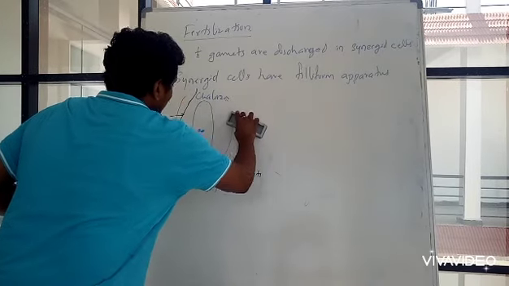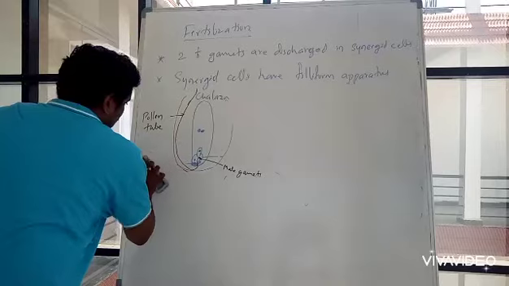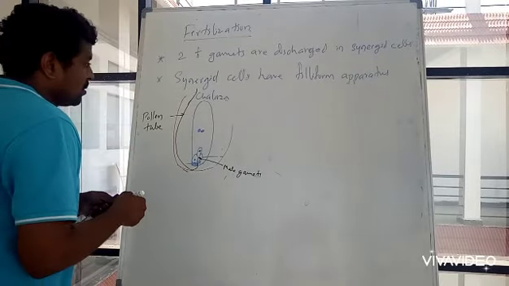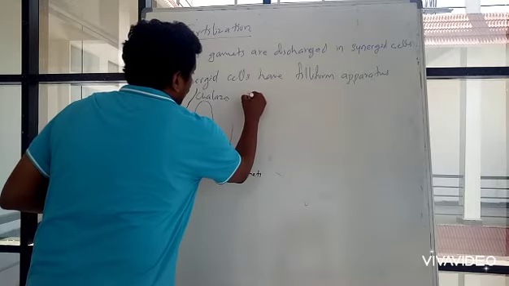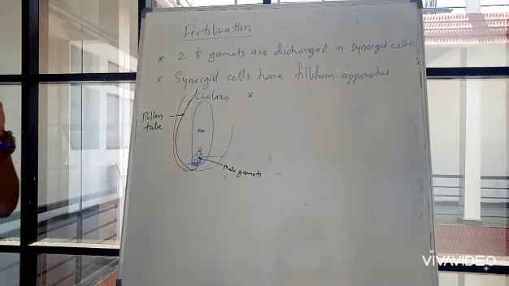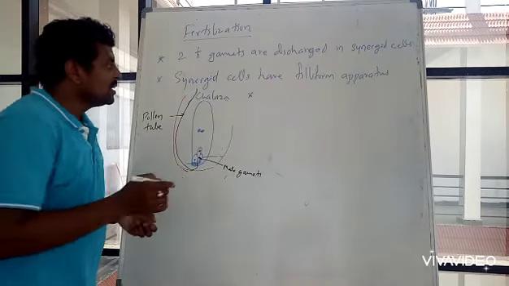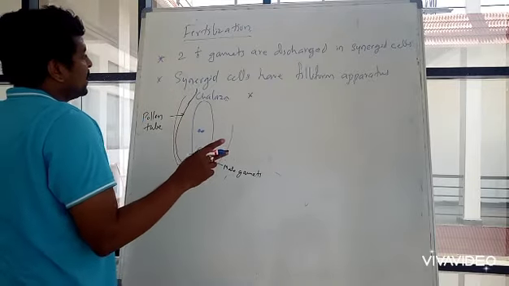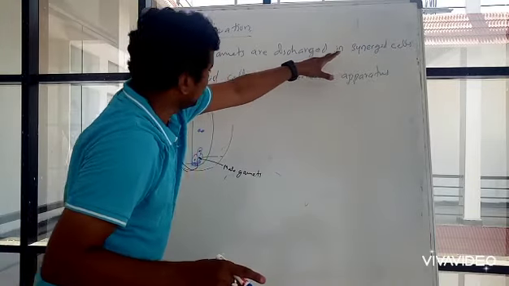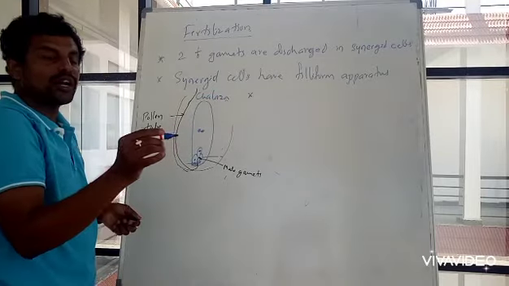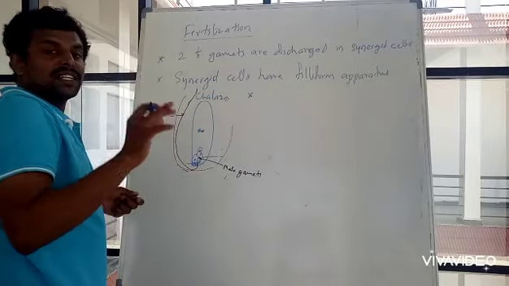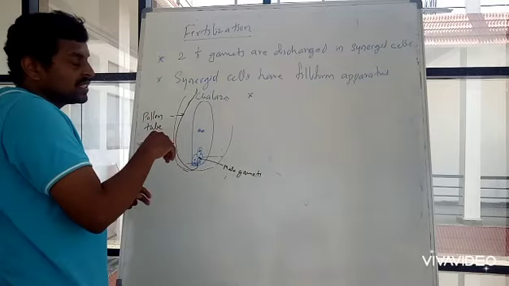You just remember these names, okay? Now I'm going to write the functions here. As the male gametes are released, two male gametes are released in the synergid cells. Synergid cells have filiform apparatus which guide the pollen tube. Then, as the male gametes reach the synergid cells,